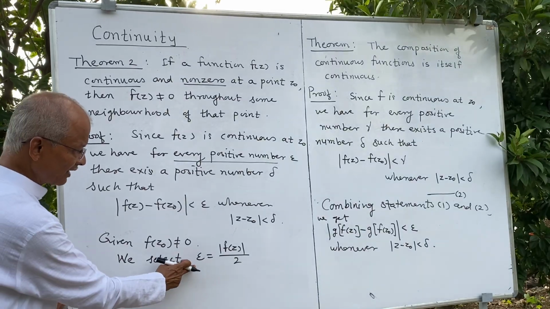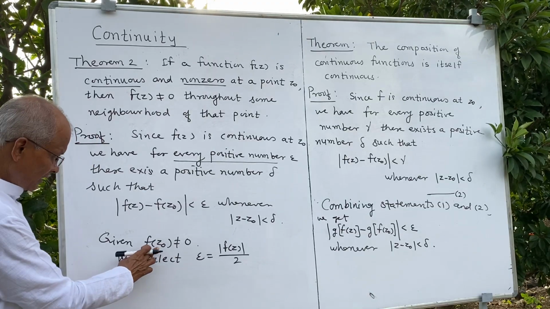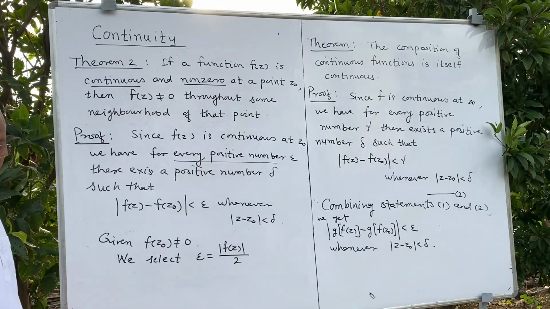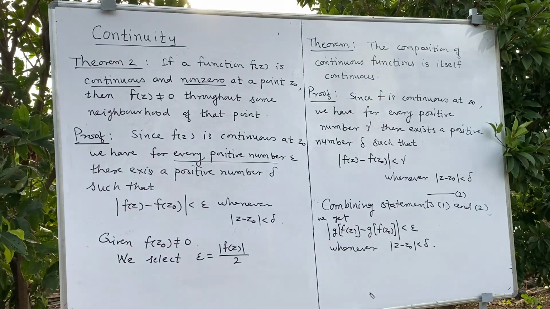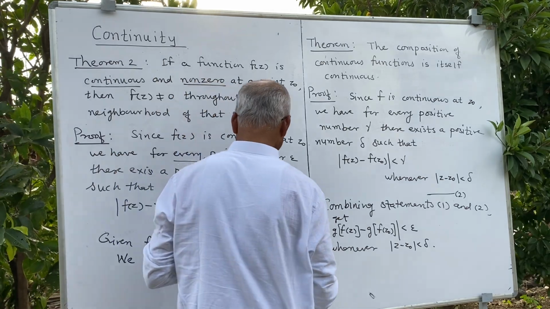Mod f of z naught is positive, because it is non-zero, and we have divided it by 2. And then if you write this value of epsilon here, we get then